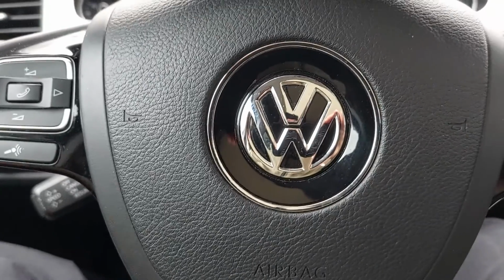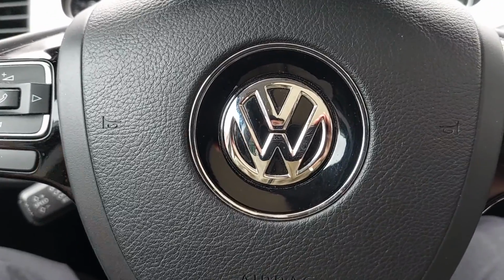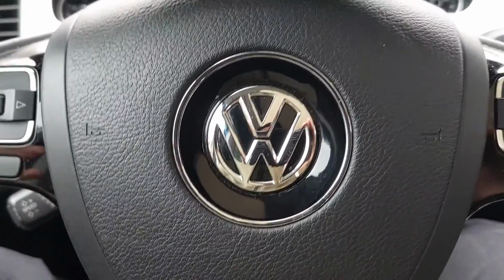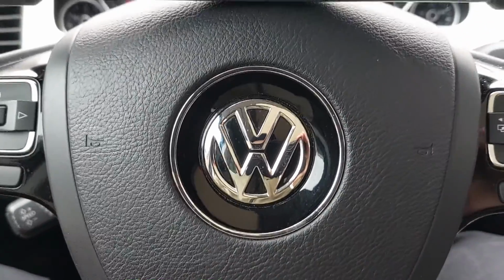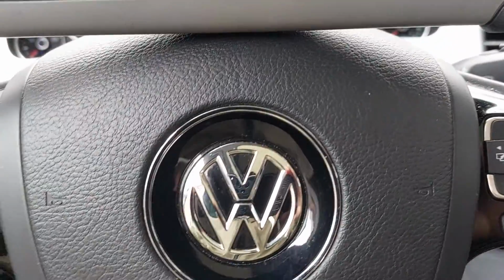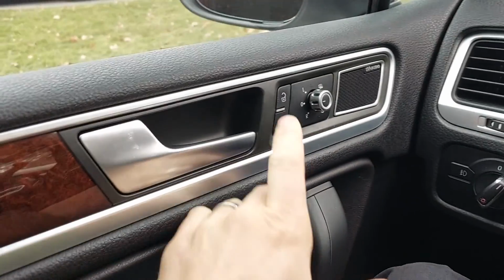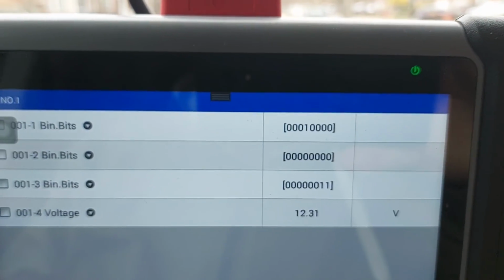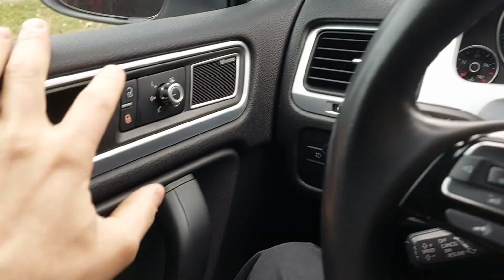Today we've got a video on the 2014 Volkswagen Touareg TDI, and we have a door lock issue. I don't even know if it's an issue. It's very strange. So I'm in the vehicle right now. Just imagine I come into the vehicle and I want to lock the door. Okay, that's fine. It's locked. I can even see it on the screen on my data pit. It locks. Okay, so now if I want to unlock,